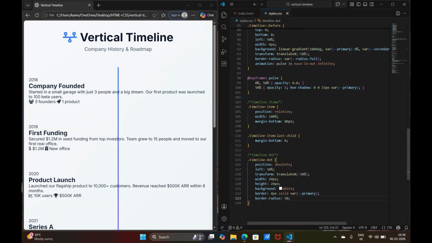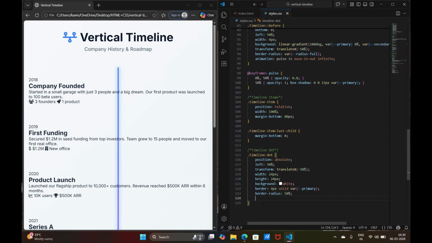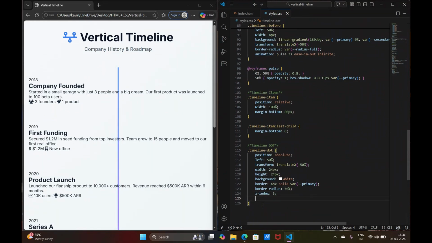Give a border radius as 50%. Then give it a z-index of 3 because it will be protruding above the line. So 3. Then give a box shadow of 4 pixels. The color was